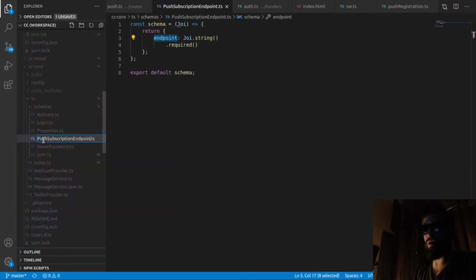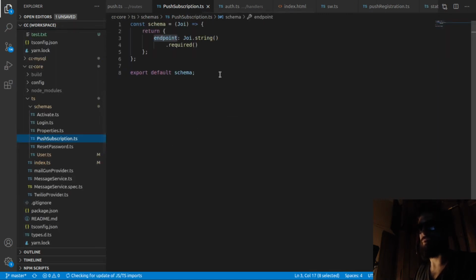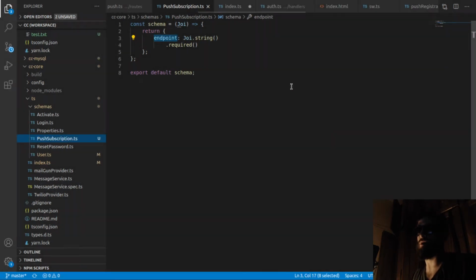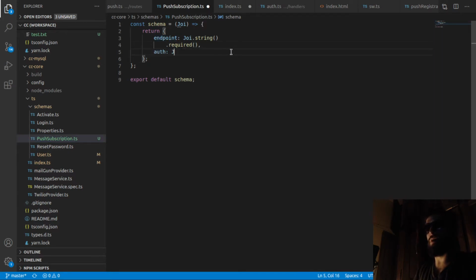It's always fun to rename stuff. PushSubscription, there we go. I believe this is actually going to work all the way. All right, the other 2: we need auth, and we're going to call that a Joi.string,